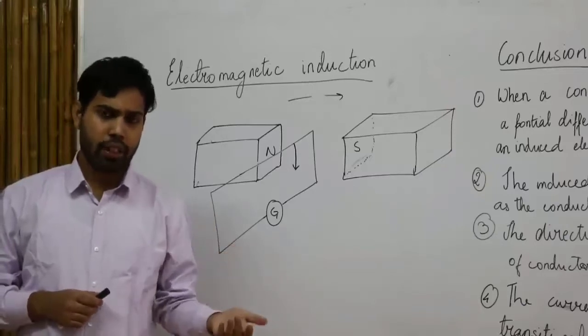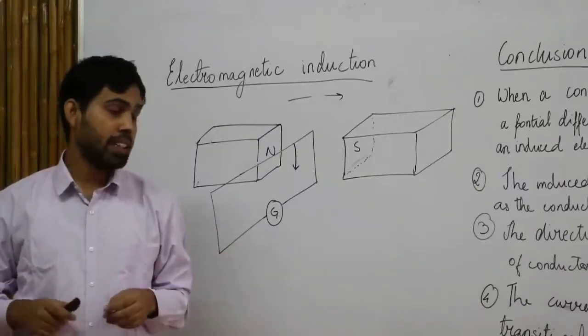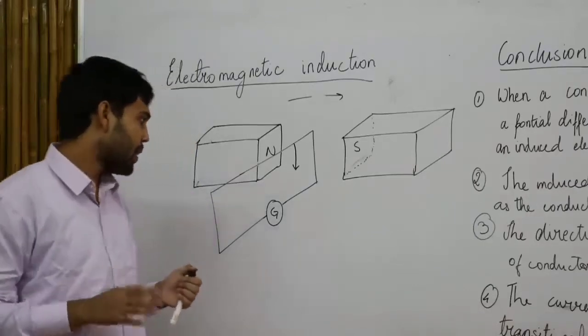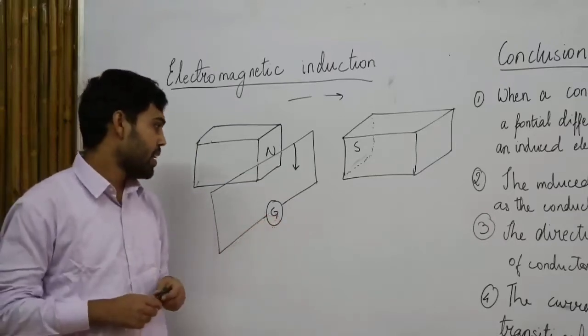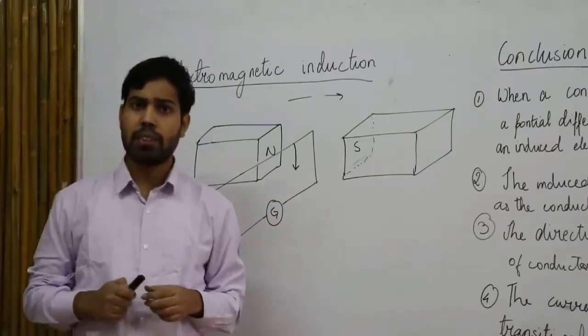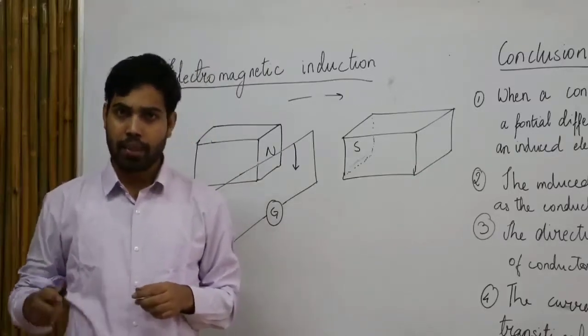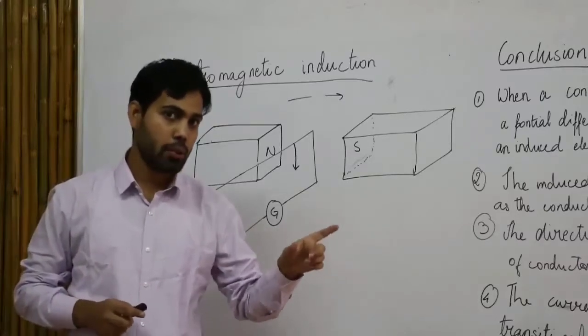In here I have to keep in mind that there are no external forces, and no external current being supplied to the conductor. Okay, now before going into this, first we need to understand what a galvanometer is. A galvanometer is a device which is used to detect the flow of current. An ammeter is a device which is used to measure the amount of current flowing through a device.